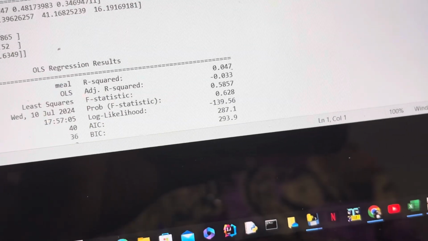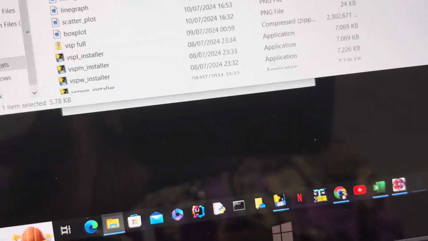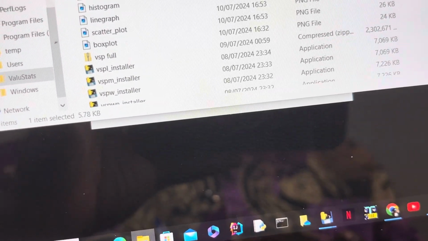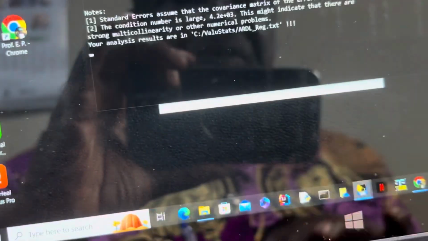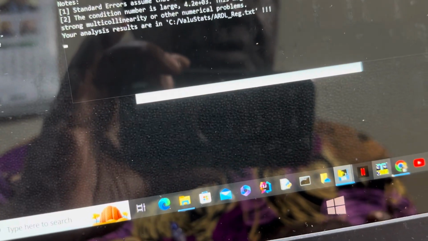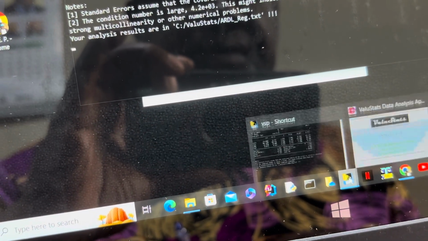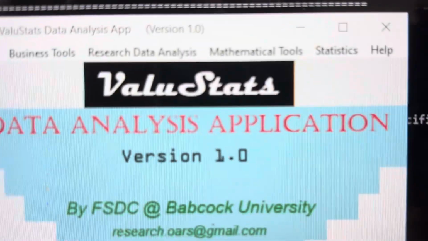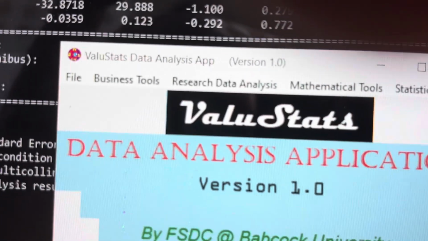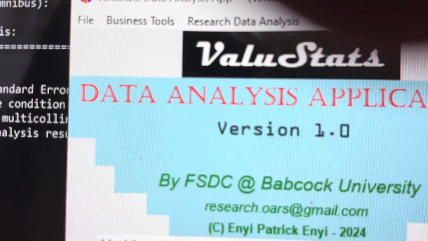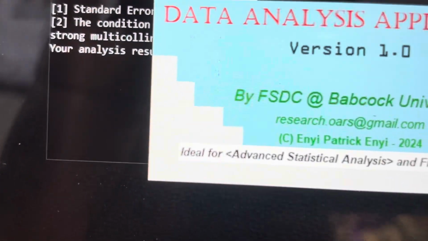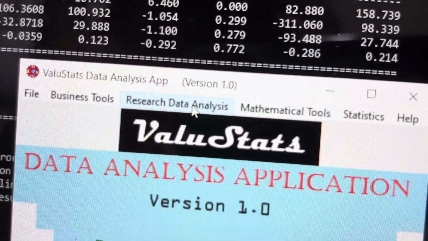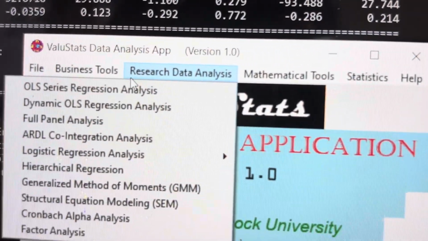Okay, so now let's go to the next one and see what it can offer us. The next one is